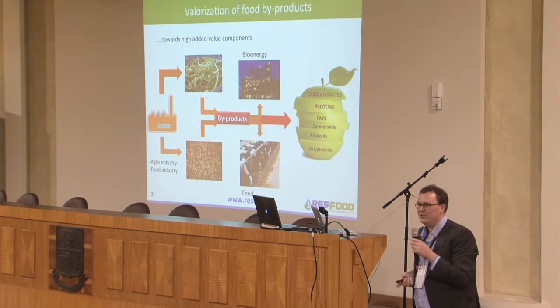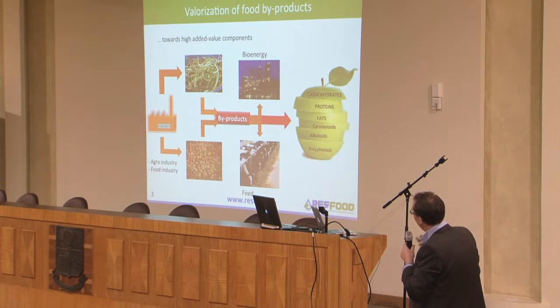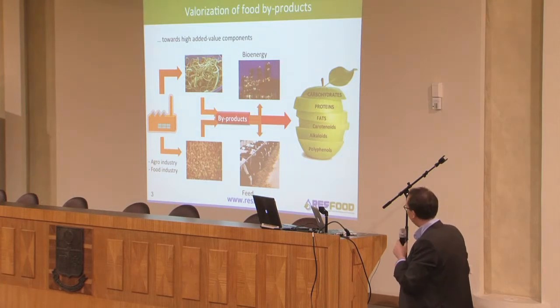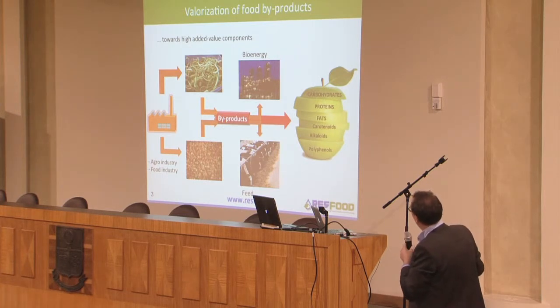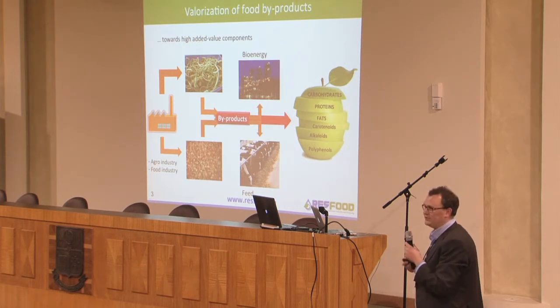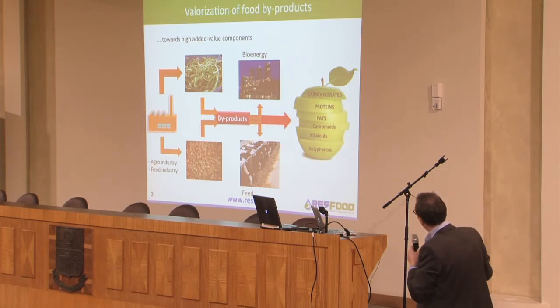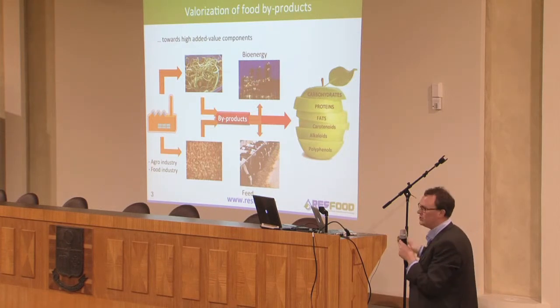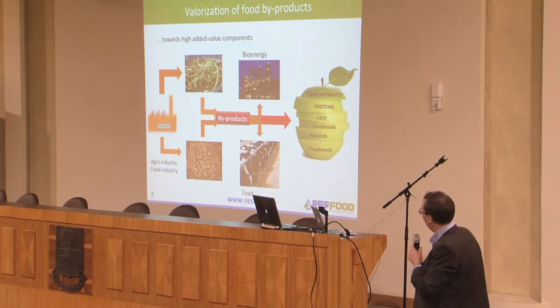So this slide I also showed yesterday. If we are thinking about valorization of food byproducts towards high-end value components, as you know, and like I told you yesterday, our food industry creates a lot of byproducts, not called waste. Nowadays they are used to provide energy or feed, maybe landfilling, but these byproducts still contain a lot of useful components like carbohydrates, proteins, fats, phytochemicals like carotenoids, polyphenols, also alkaloids. And the idea is first to valorize these byproducts towards one or more of these products before we can still go to energy or feed.